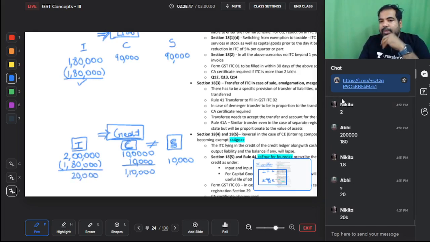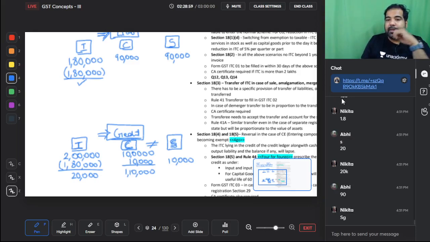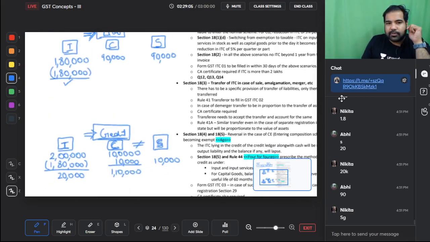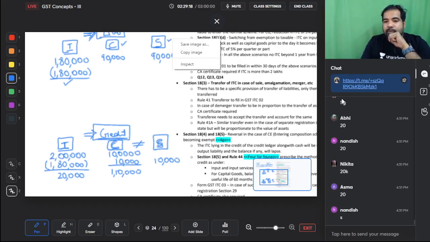Now guys, two more bills have to be paid. C and S. The children's bill has to be paid. But the parent says, listen, don't use your money. Don't use your money. First, let me finish my money. So will you always exhaust IGST first? Yes, you will always exhaust IGST first. So how much IGST is left guys? 20. Now you will use this, but against whom? Will you help SGST or will you help CGST?